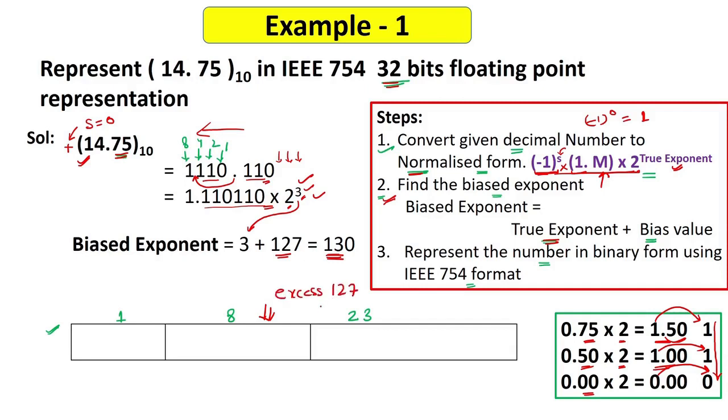127 representation. That means my exponent that will be stored in the form of 8 bits inside this field will be more in terms of 127. That is, it will not be 3. It will be more than this 3. And by how much it will be greater, it will be added by 127. Then I will be storing it. So it will be more. So in that sense, I am using the term excess, right?